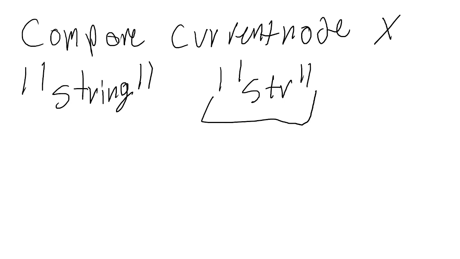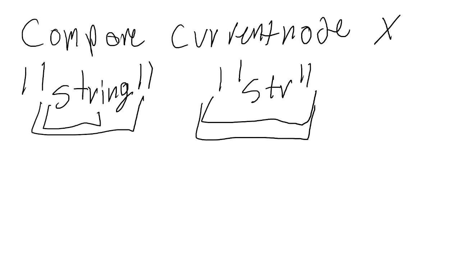Main reason is because you're going to be iterating through this string and this one, checking if their characters are matching up to the string of X. So we know we're in the correct node. If not, you're going to do something else. If you're not in the correct node,